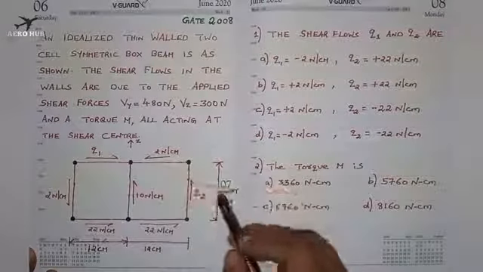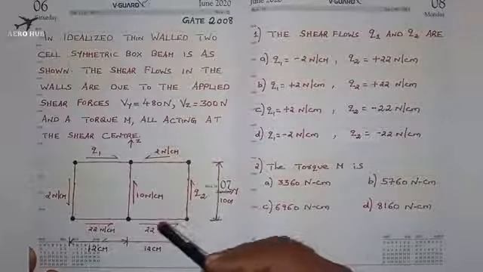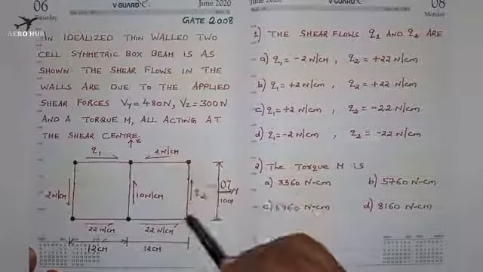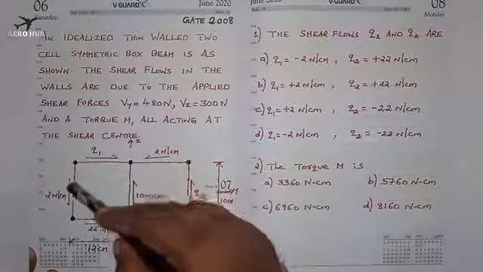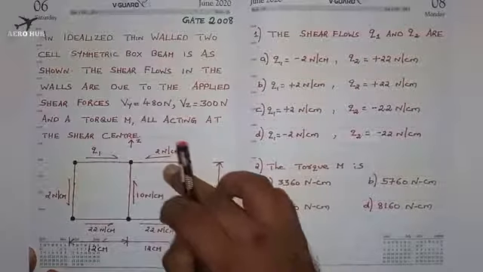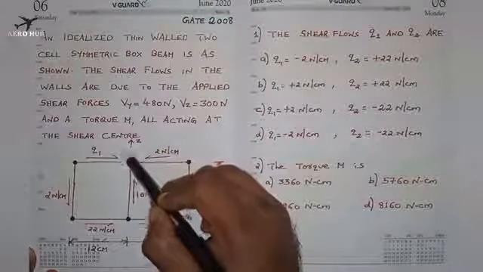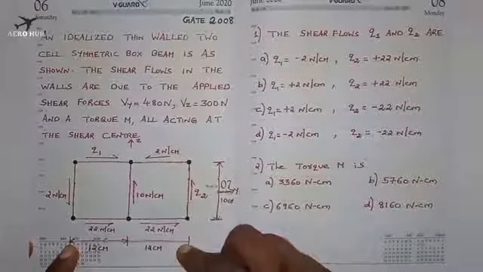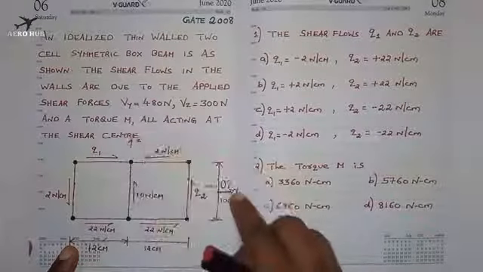So this is the Y direction and this is the Z direction. You can see the diagram here. This is a two cell beam and these are the boom areas. We have 1, 2, 3, 4, 5, 6 boom areas and you can see the respective shear flow in the walls of the beam. The shear flow is taken by the skin of the structure and the normal stress is carried by the boom areas. The length is total 24 centimeter and the height is 10 centimeter. This is Z direction and this one is Y direction.